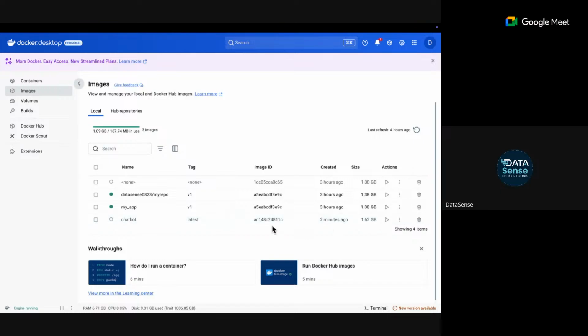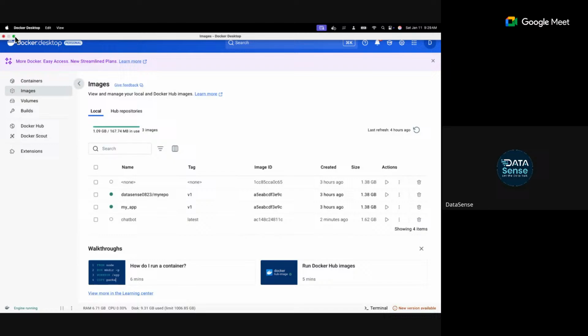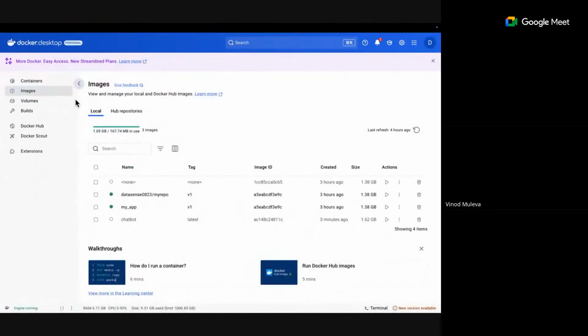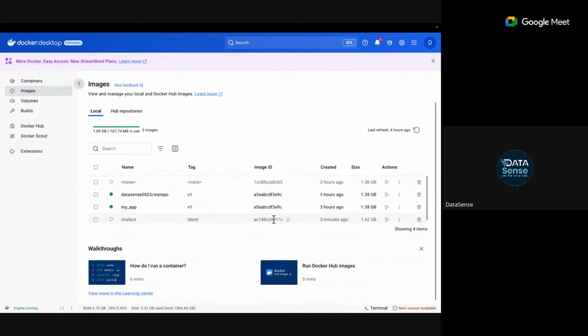So this is my image name, this is the version, the latest tag, and this is my image ID, and this was created 2 minutes ago. This is the size. Here we see the name, tag, image ID, and other details. What should we keep in mind while identifying an image?